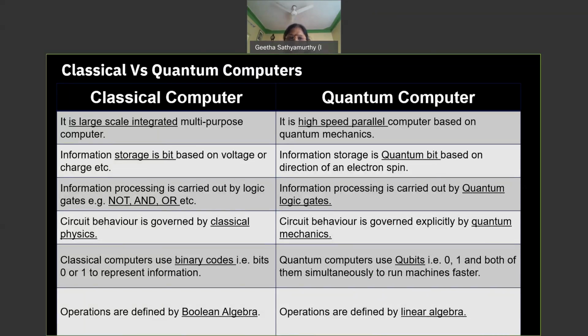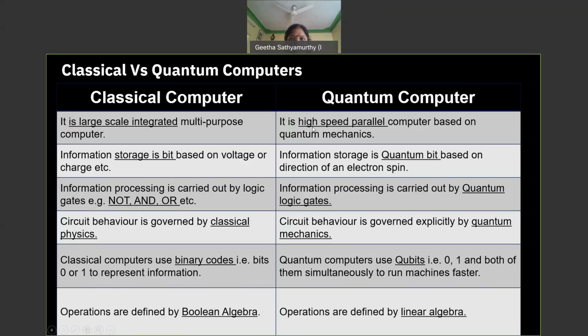It stores data in the form of a bit, and it has logic gates using NOT and NOR, and its circuit behavior uses classical physics, and it uses binary codes in the form of zeros and ones, and the operations of classical computers are Boolean algebra, whereas in the case of a quantum computer, it